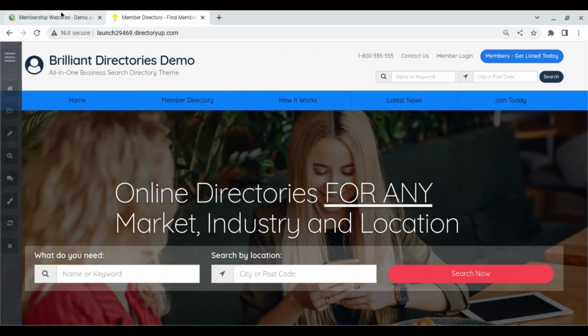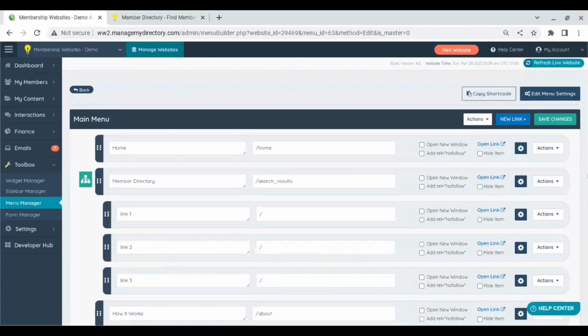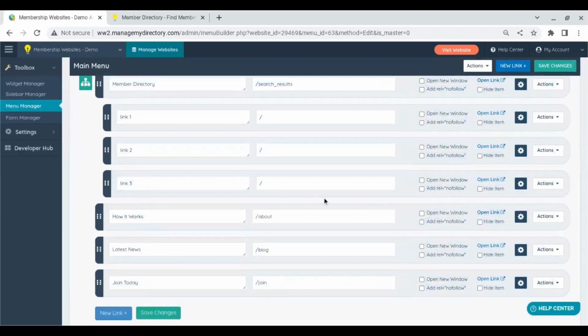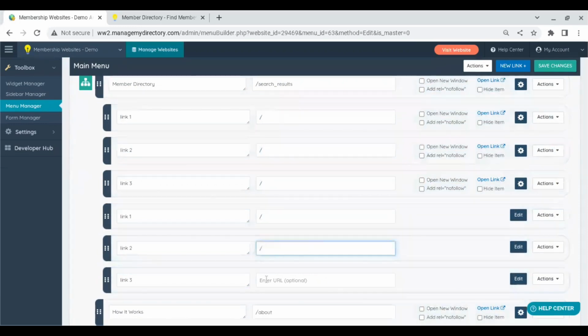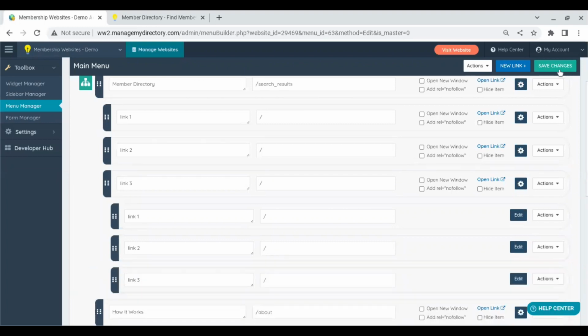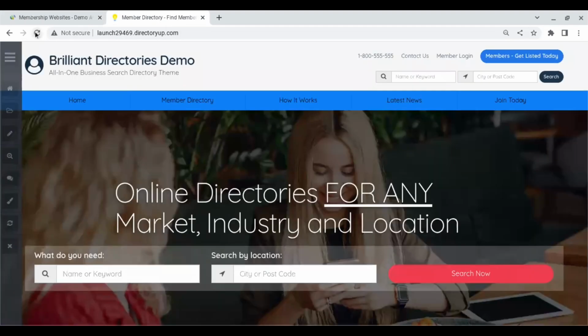Now you can go another step further. So let's go to link 3, and then we're going to add in menu items, link 1, link 2, link 3. Again, we'll just direct these to the home page, and then we're going to drag these in again to create another tier of links. Can be a bit fidgety sometimes when you're dragging them in. We're going to save that, back to main menu,